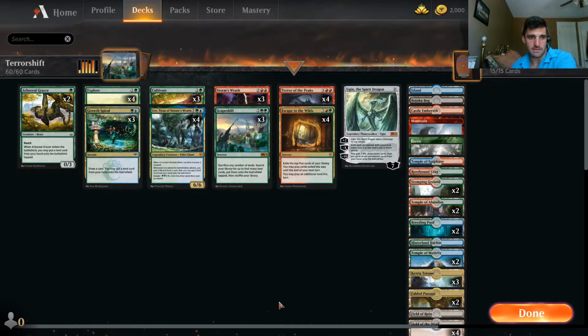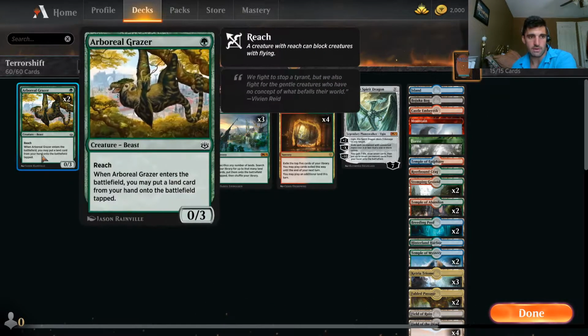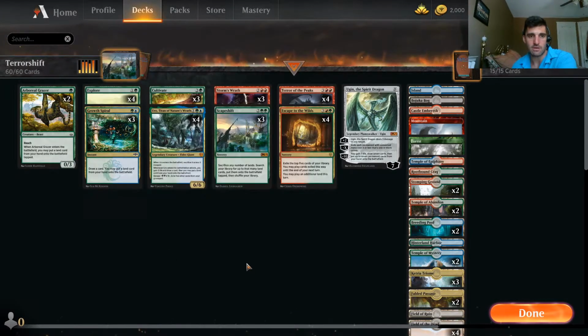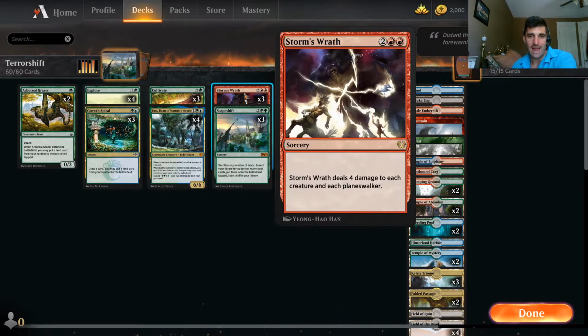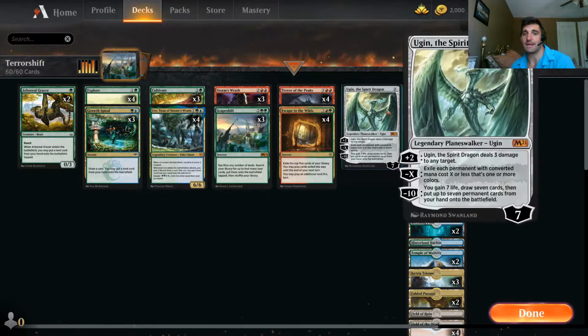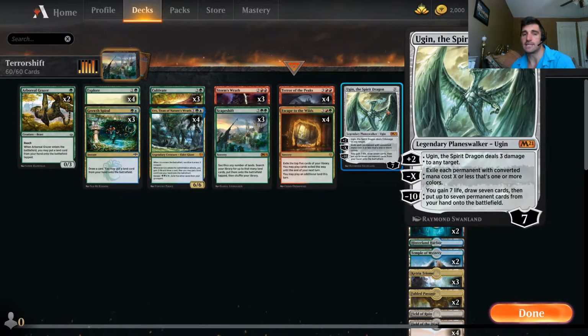So we're kind of playing the usual suspects as you would see in here. We've got Arboreal Grazer, Explorers, and Growth Spirals, some Cultivates, Uro, of course. And then we're going to run some Storm's Wrath as a sweeper, which is great, so those aggressive decks don't fly under us. Also hits Planeswalkers, which is cool. And then we talked about our Terror of the Peaks, and then just one Ugin on the top end. In his version of the list, he was running